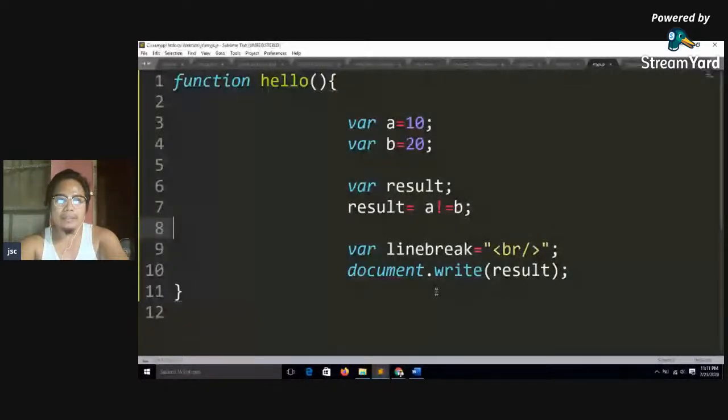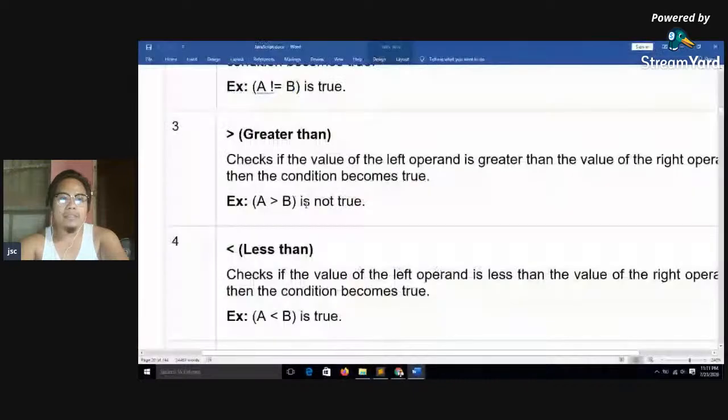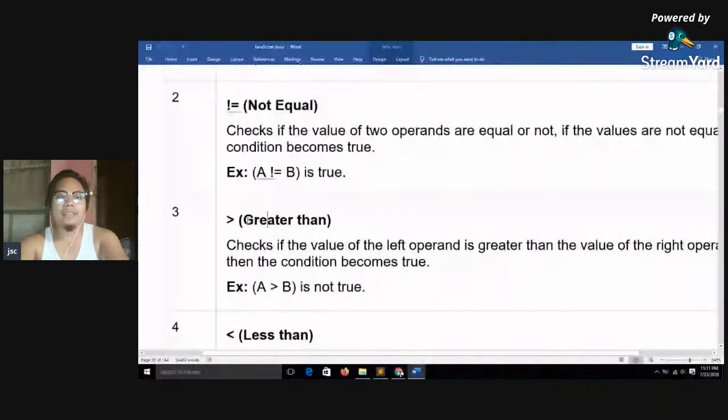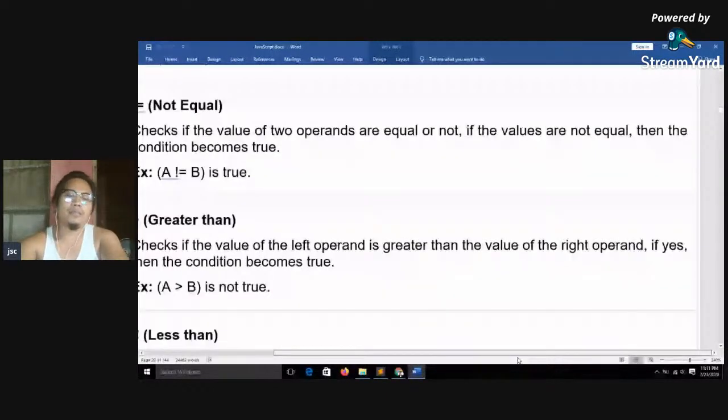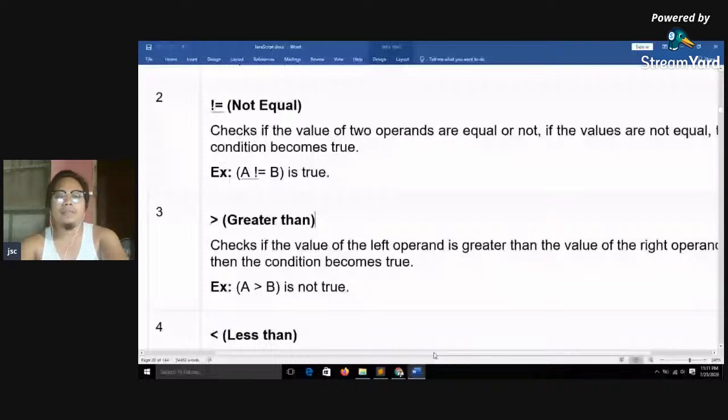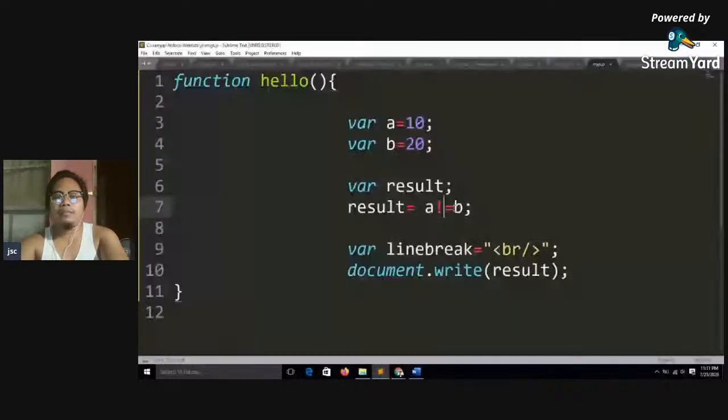Okay, so, dito tayo sa greater than. This checks if the value of the left operand is greater than the value of the right operand. If yes, then the condition becomes true. Okay, so let's make it greater than. So if A is greater than B,